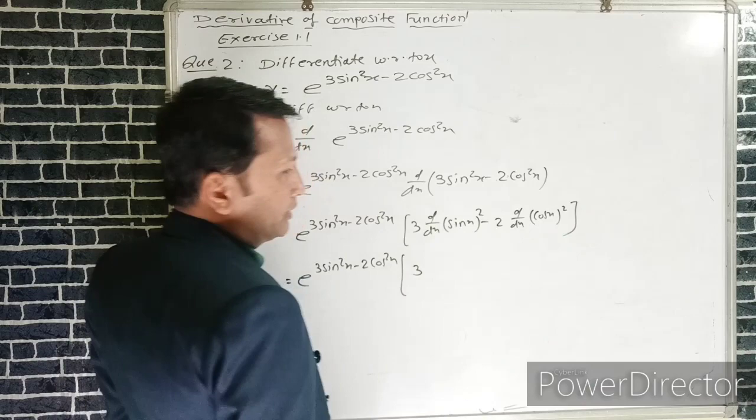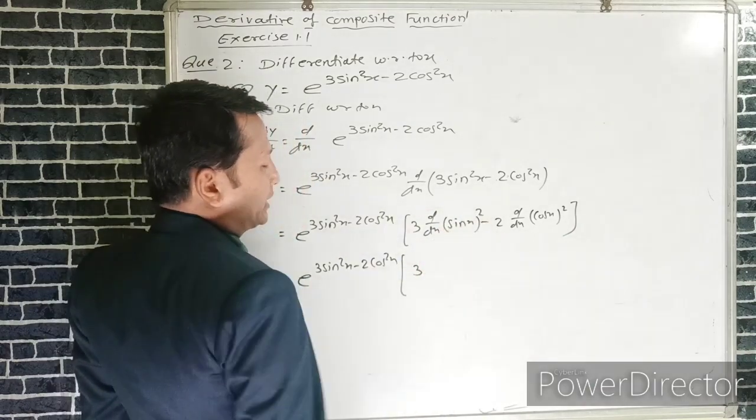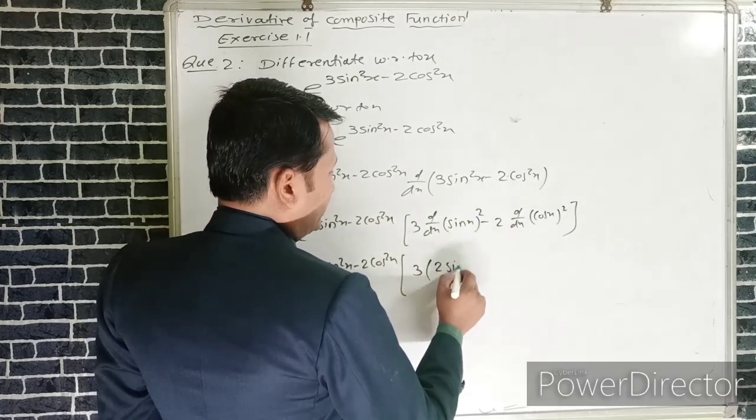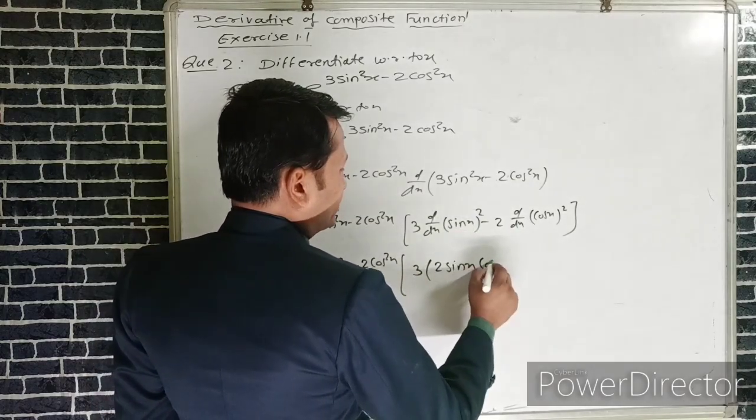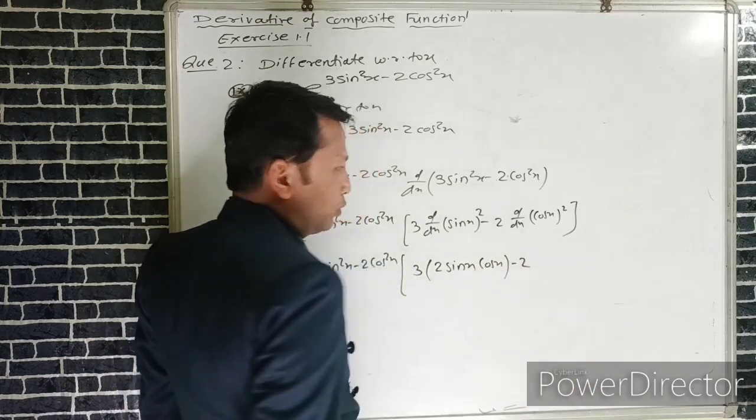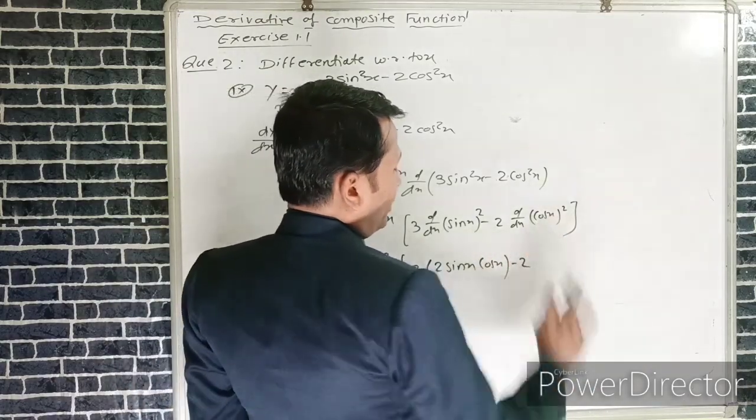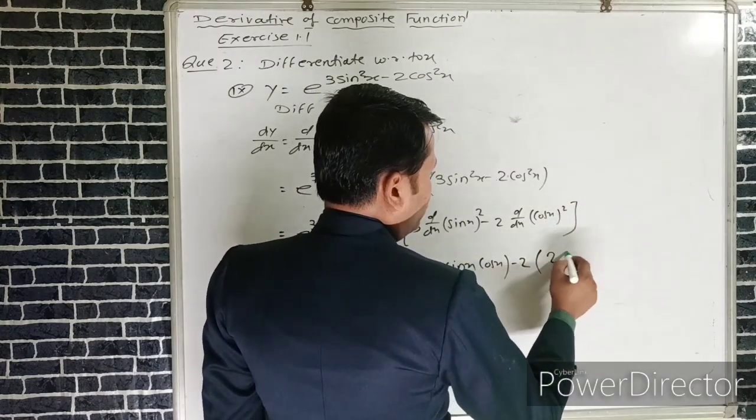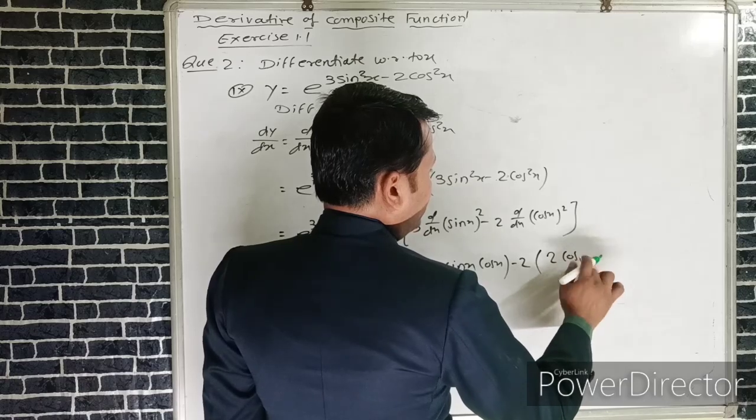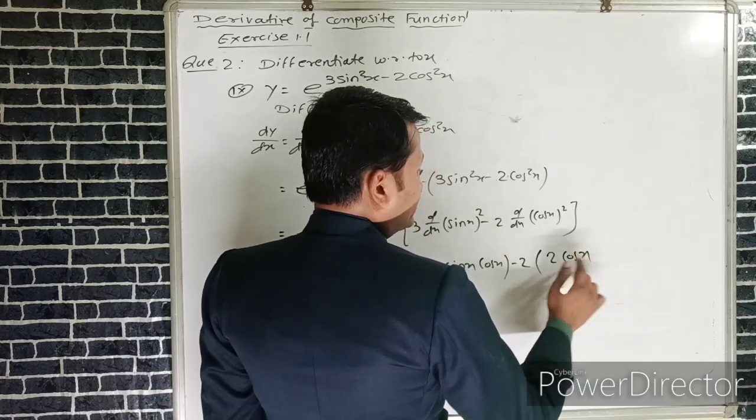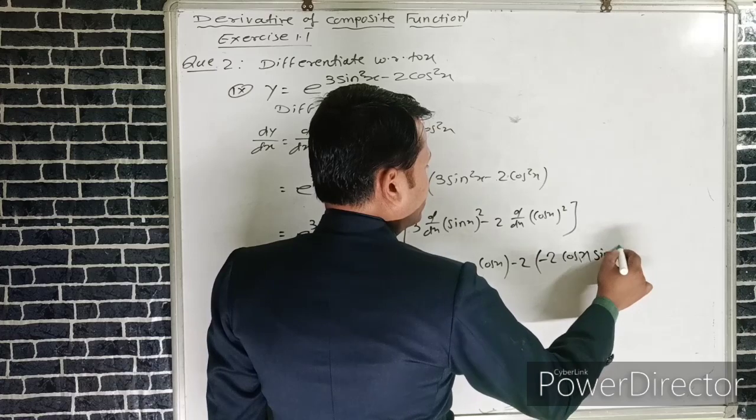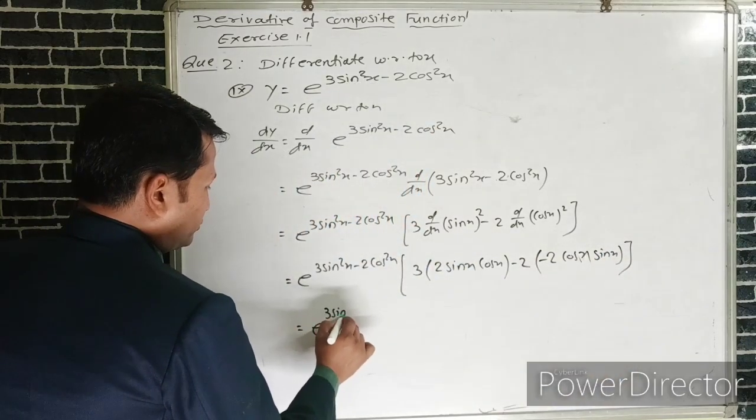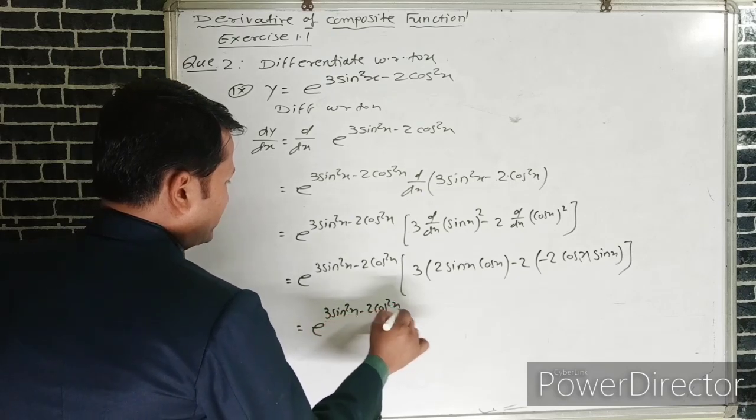3 is constant. By using the derivative of x raised to the power n, we can write the derivative of sin square x is 2 sin x into again derivative of sin x is cos x, minus 2. By using the derivative of x raised to the power n, we can write the derivative of cos square x is 2 cos x into again derivative of cos x is minus sin x, minus sin x here, into sin x is equal to e raised to the power 3 sin square x minus 2 cos square x as it is into